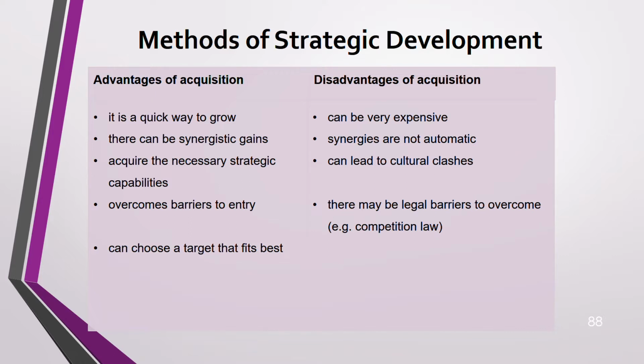Then, they can choose a target that fits best. The target company is the one which is being taken over, which has been acquired. So whichever target suits you best, you can decide on it. But on the other hand, all parts of the target are acquired. You are not taking them in parts, where the part which is good I will take over, the part which is not good I will not take over. It's not like that. All the parts of that target company are being acquired. So what is the problem? Even its problems will come along with it and you have to take care of them.